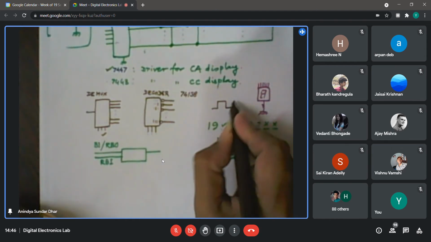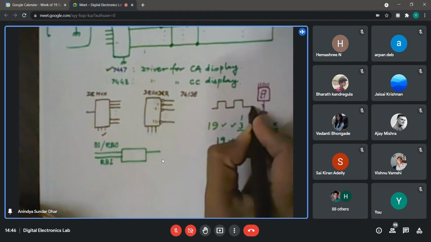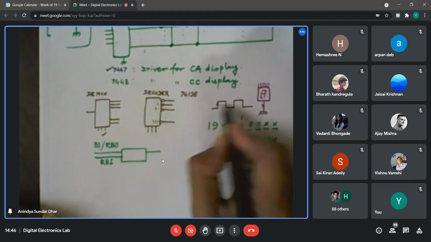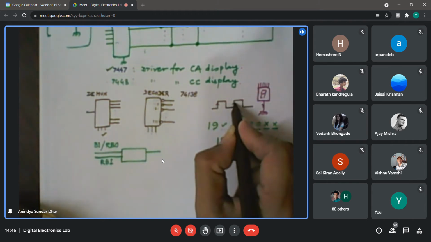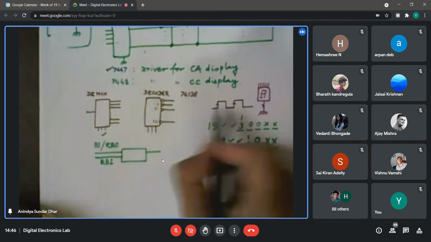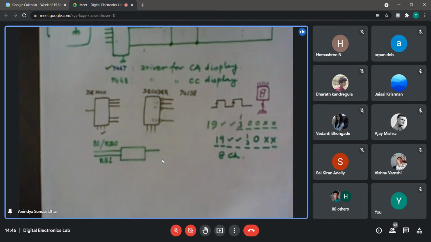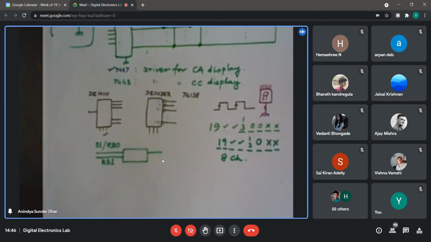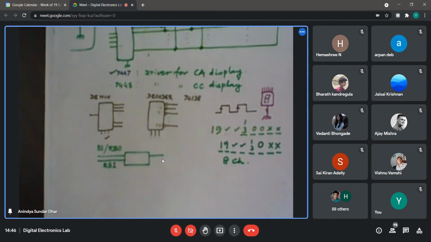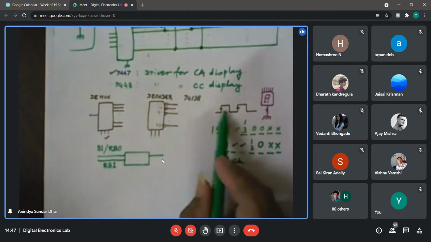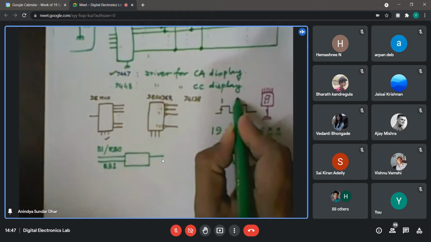Okay, so for 7493, it is the difference between 2 falling edges. For 193, it will be the difference between 2 rising edges. So do you think the difference between 2 rising edges and 2 falling edges will be different irrespective of its duty cycle? You know what duty cycle is, I believe. Or do you say that only if it is 50% I will get identical? The clock period T between rising edges and between falling edges is the same. Duty cycle doesn't affect it. So between 2 rising edges, you will always get the time period of the clock.